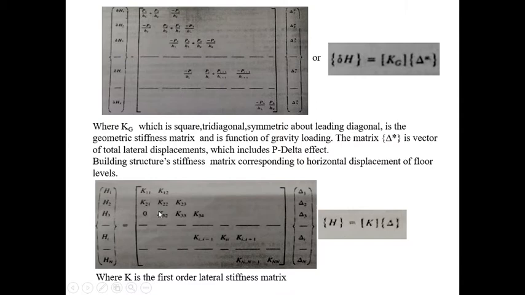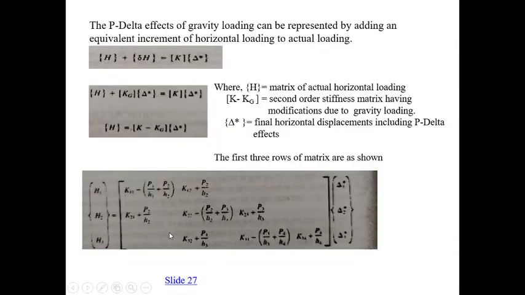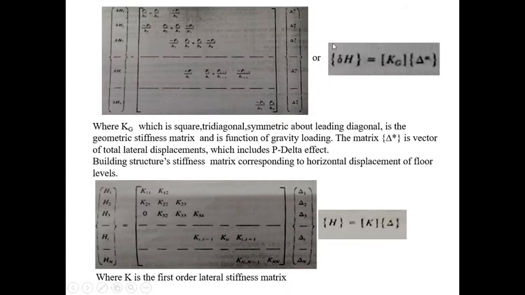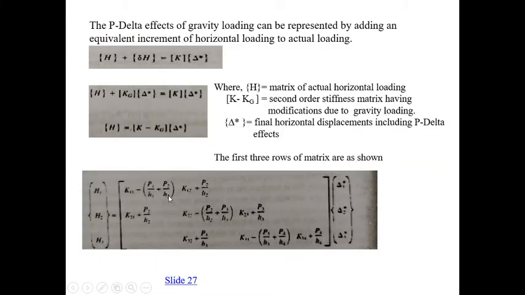So for this K minus Kg, you know what K is and what Kg is here. This is the Kg value here, that is P1 H1 plus P2 H2. These are the values K11, K12. These are the K values. So when you substitute here the values of Kg, you will be getting these terms. This matrix is nothing but the one where they have substituted this Kg value, which in the previous slide we had seen. We have substituted this matrix as Kg. So in place of K11, what you have here is P1 H1 plus P2 H2. So when you do K minus Kg, it will be K11 minus the whole bracket P1 H1 plus P2 H2.